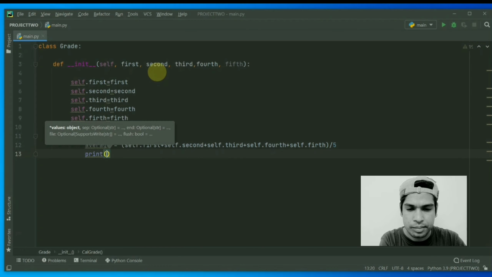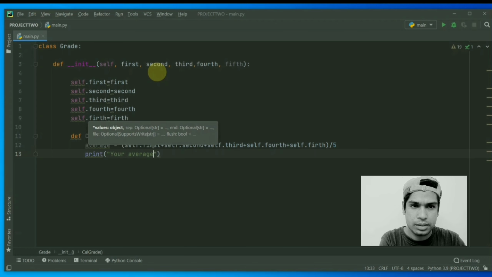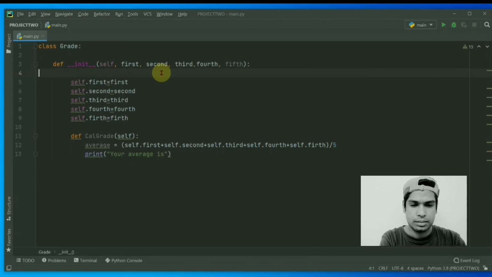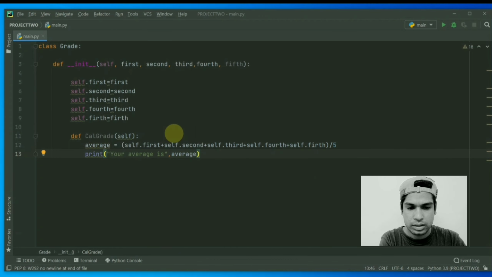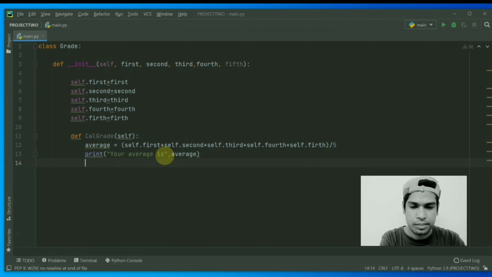parenthesis, quotation, your average is, average. Let me check the values of the object. Okay, then